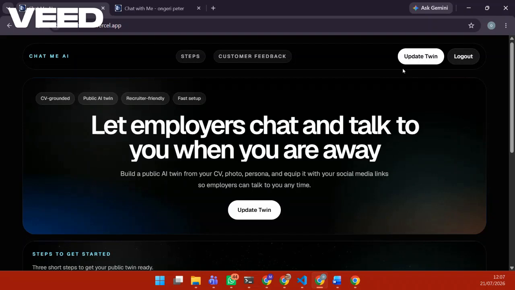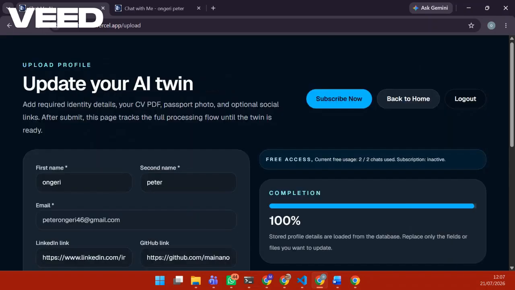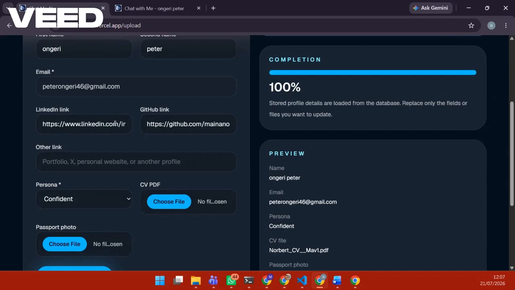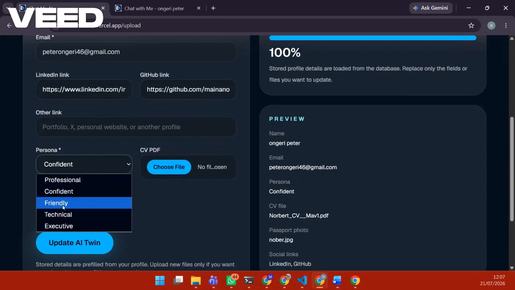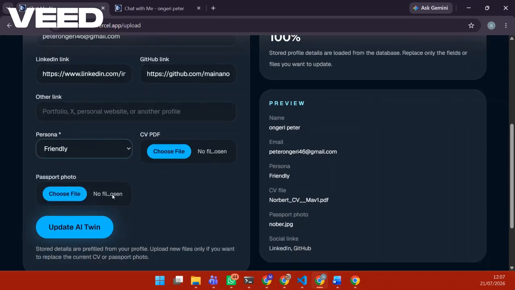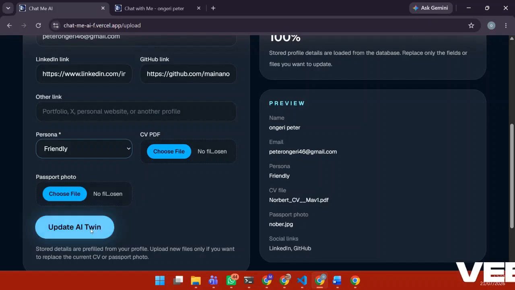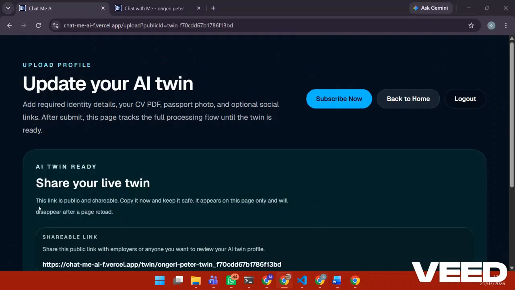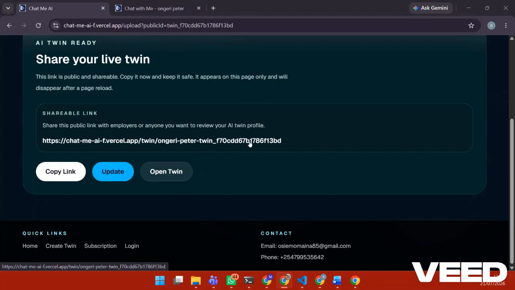So if you have logged in, you go to create, or update if you have an existing one. And then as you can see, you can add your LinkedIn, you can add your GitHub, of course, choose a persona here, add your CV as well as your passport photo, and of course, you click create. So once you click create, it gives you a public shareable link, which you can use to share